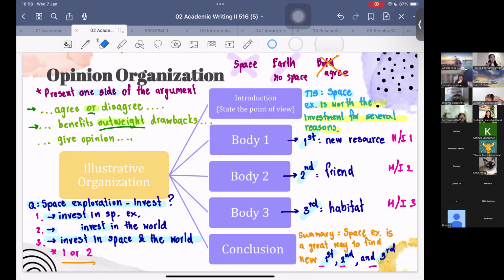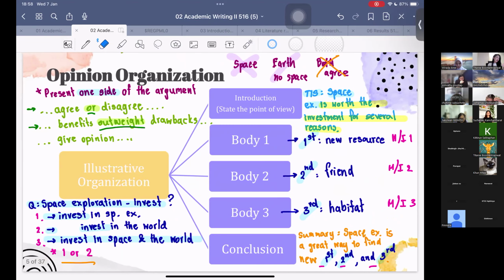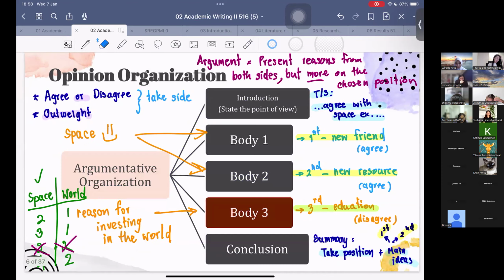Yes, you will see samples of the full essay as well later. But for now, since there are many types you have to go through, we're going to go through the structure of it first. And you will see the sample full version of the essay later. This one would be the first one for opinion, which is illustrative. The second one,